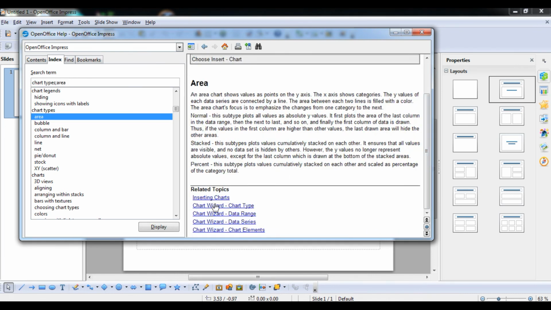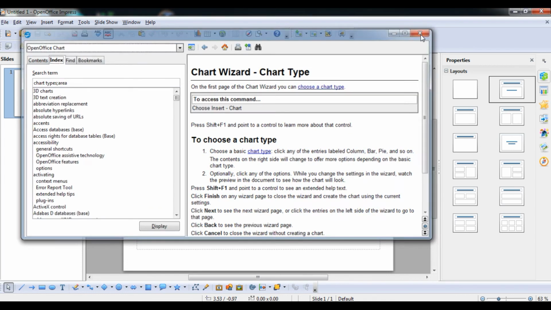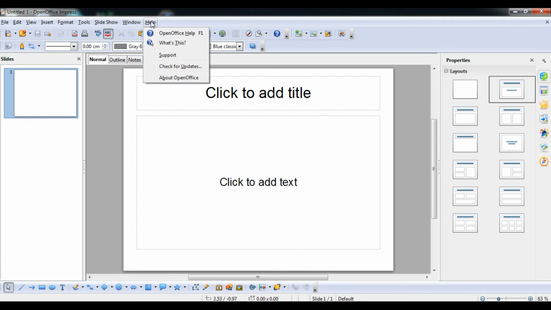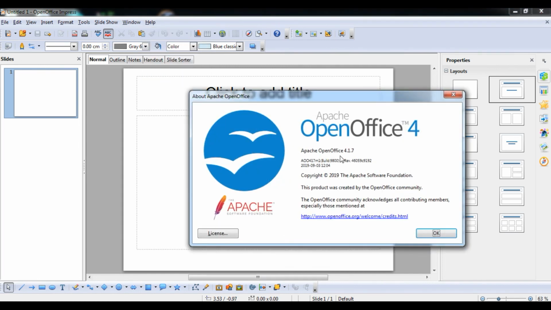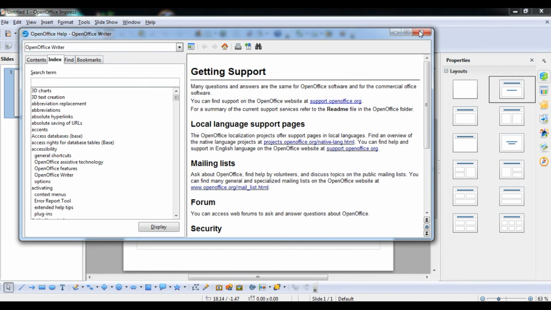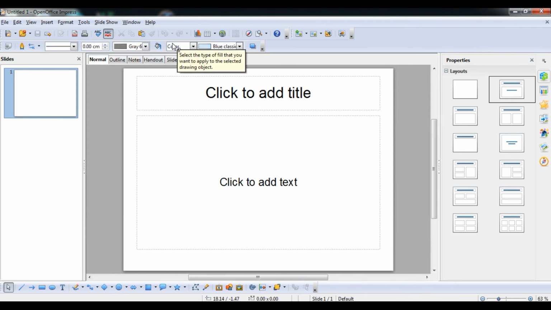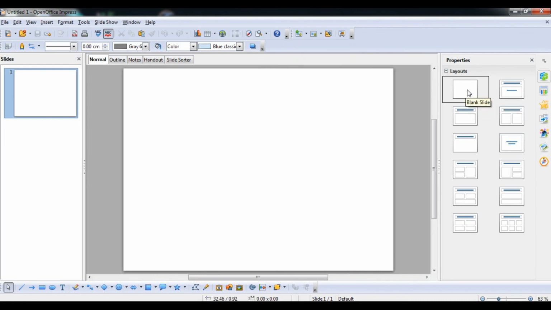Okay, now you can see how to access the command and other information; you can get help also. Okay, now what about Support and Update for OpenOffice? It will show you which version you are using. Okay, and if you click on the Support option, you can see support will also open in front of you. Then if you click on What's This, this arrow will come. If you select something and click, okay, it will show you.